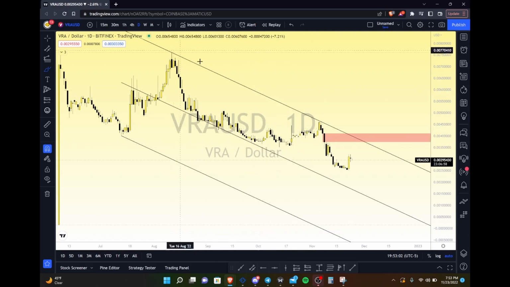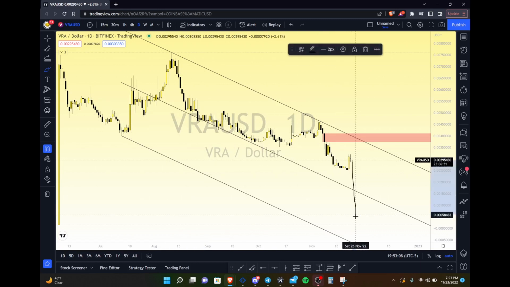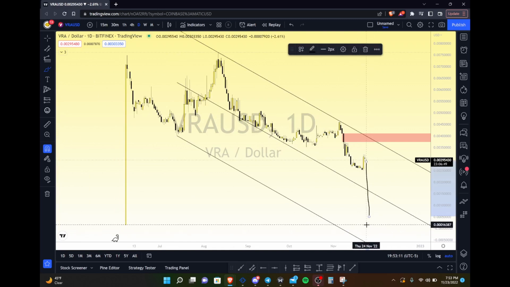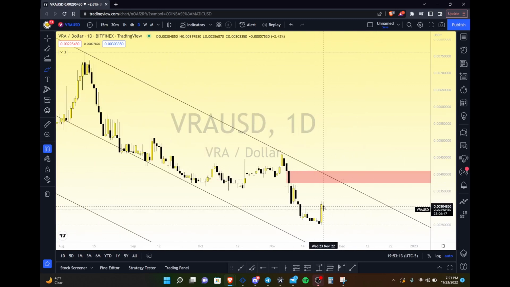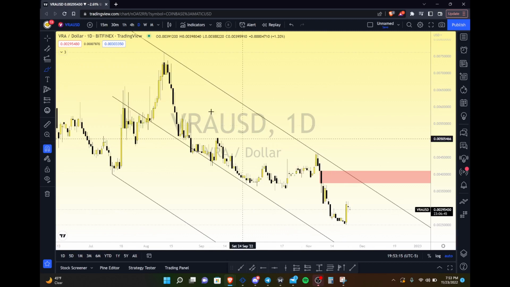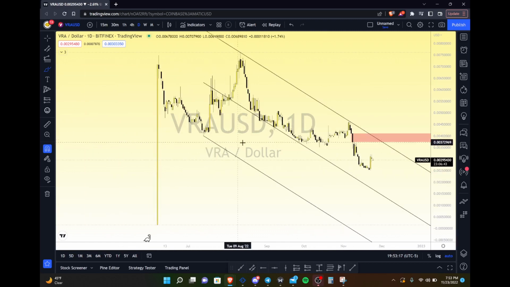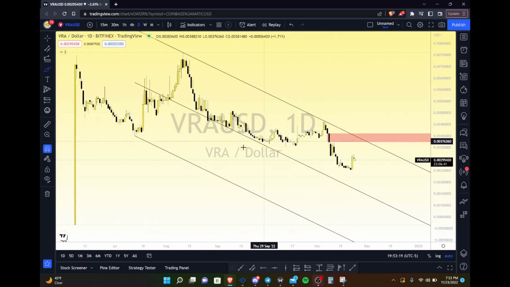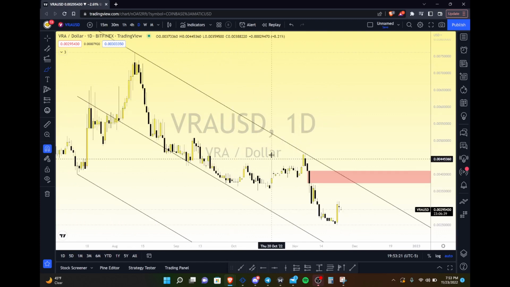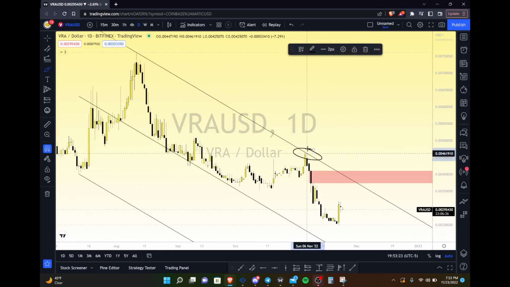So at least the top part of this descending channel has been confirmed. Now we're going to see, are we actually going to break lower and go down towards the bottom side of this descending channel, or are we going to get enough fuel from this descent, which I have to tell you, I do have a bit of a bullish bias on this, just how it's shaped. I think if it can take out this swing high here, I think you're going to very quickly see it break up to try and fill out as much of this imbalance as possible,